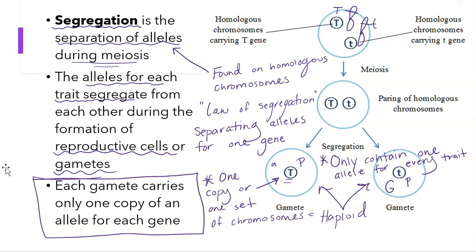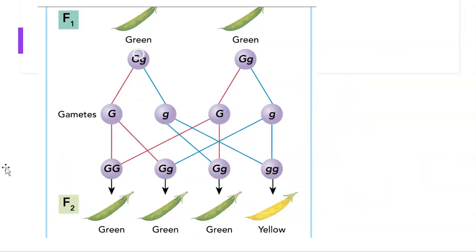Green and yellow. So again, for every trait, you'll only find one allele in each gamete. So again, law of segregation. That's what we saw in the F1 generation: they were all heterozygous because, in the P generation before them, the parents were big G, big G and little g, little g. If we cross these two plants, the only egg or sperm that this plant could make would be gametes with